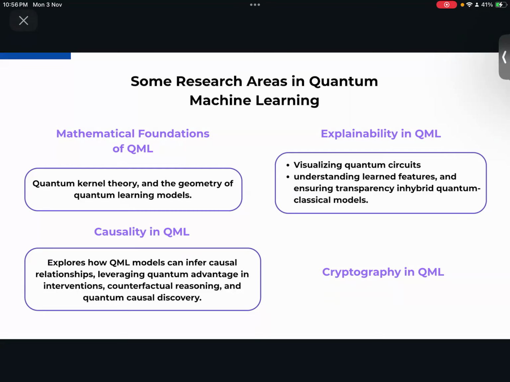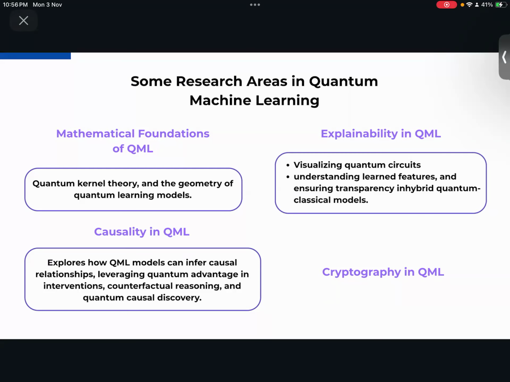We also have explainability in quantum machine learning, because we tend to say that quantum machine learning algorithms are more explainable algorithms, but still there is only a little research that's been done in this area. You're encoding the model as a circuit, and then you can visualize the circuits, and you have more visibility on what you are doing, and this leads to more explainability, especially when it comes to LLMs.